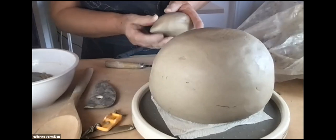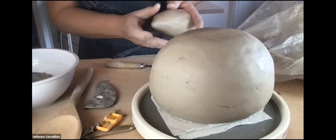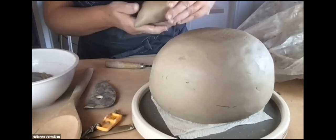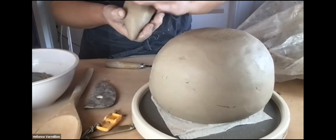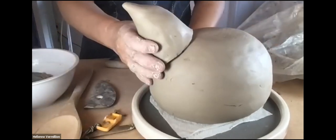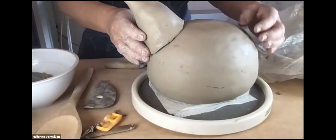And you want to shape it the best you can right here. It's going to be a little bit harder to shape once it's attaching. I did not wedge this very well. Okay, now I have to decide where it's going to attach. I think I'm going to have it up a little bit, and then